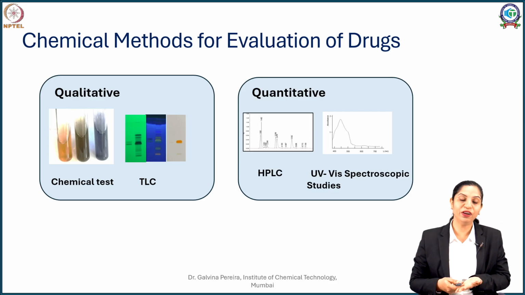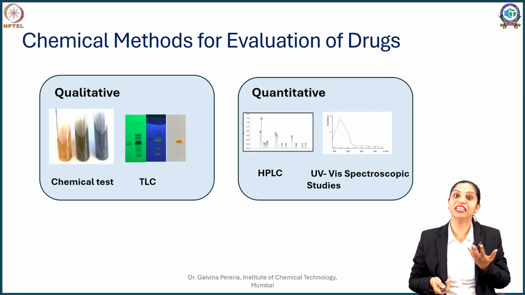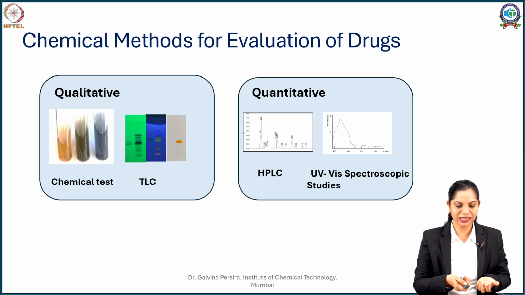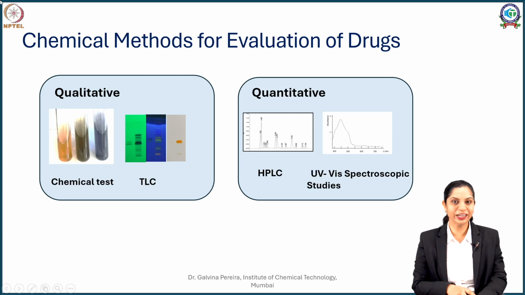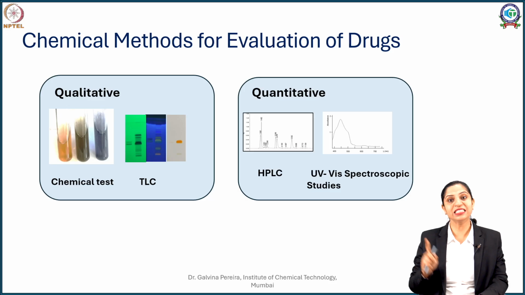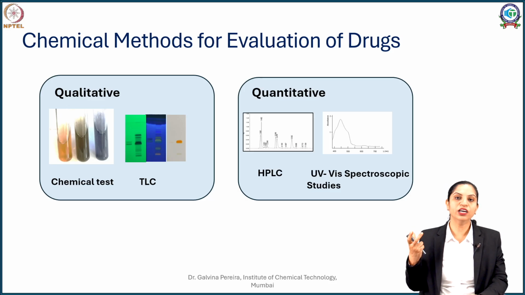Similarly, another example where you can do a qualitative test is thin layer chromatography. Here you can mark a standard compound or a set of standard compounds and check at the same Rf whether the compounds correspond in the extract. So if the corresponding band is always seen in the extract, we can be sure that our marker compound is present. So is it present, is it not, and what type of compound is present is what you can get from the qualitative analysis.